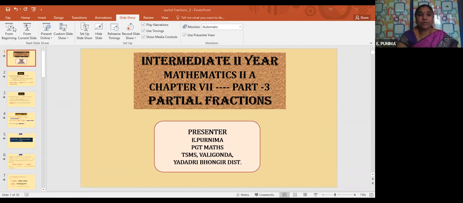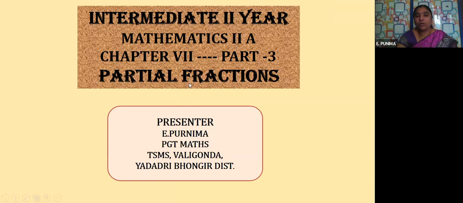In the last two classes of partial fractions, we have learned about different kinds of partial fractions, means the different rules, that is rule 1, rule 2 and rule 3, how to split them into partial fractions, yes or not? Yes, children. So I hope you have understood rule 1, rule 2 and rule 3 clearly, and you have done all the sums, I suppose. So in today's class, we are going to deal with rule 4, children. So all of you be ready with your book and pen and try to solve the sums.